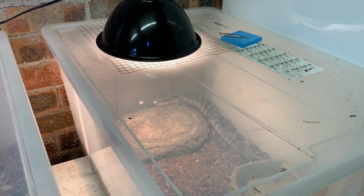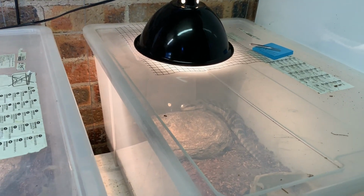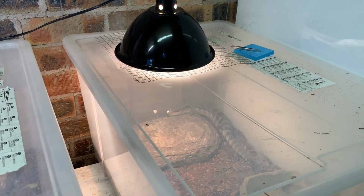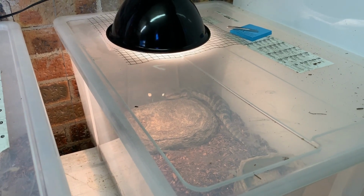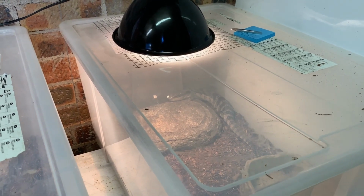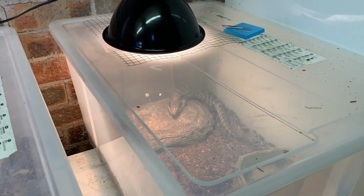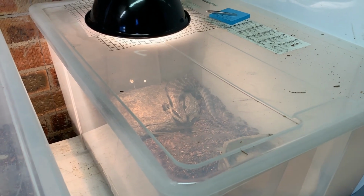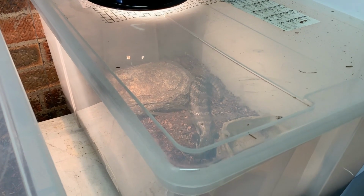But she hadn't shed in a long time. She was really underweight. She was covered in ticks. And so I've gradually removed the ticks as she let me. Been feeding her up on lots of protein and veggies every day. She did a really good shed, the first shed she'd done for me, like 4 or 5 days ago, and she just looks like a completely new lizard. She's so beautiful. And then apparently she was pregnant that whole time,